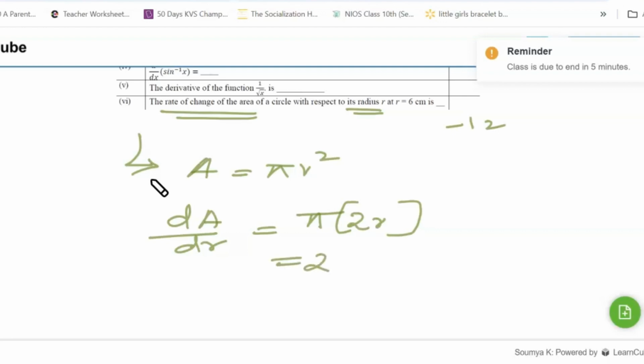In that case, you also have to put r equal to 6. So 2 pi is there outside, and the r value will be 6 centimeter, so how it will behave. So 12 pi